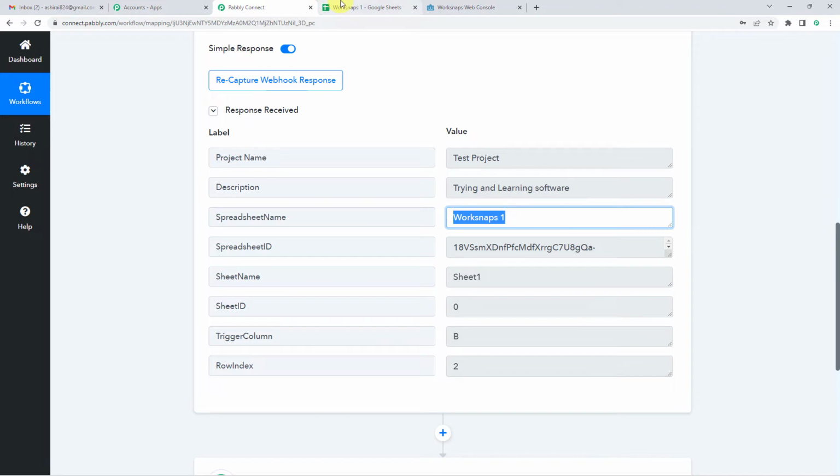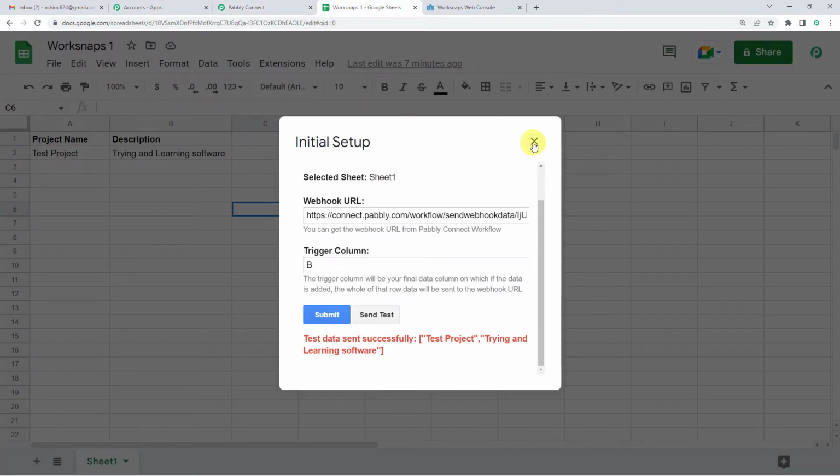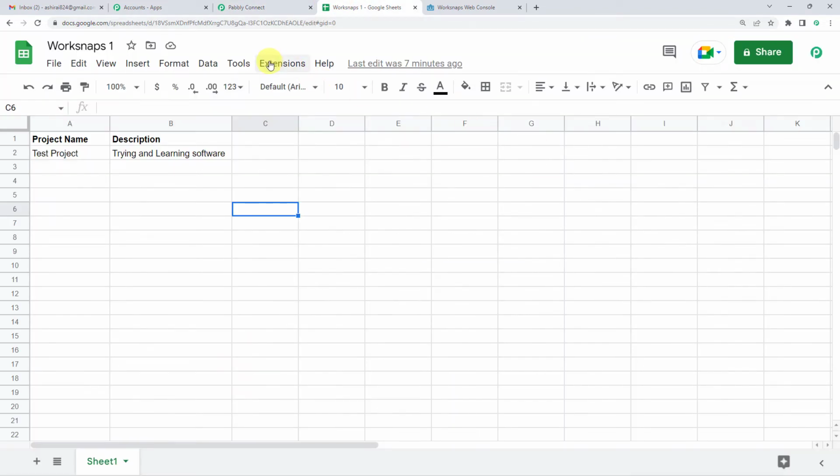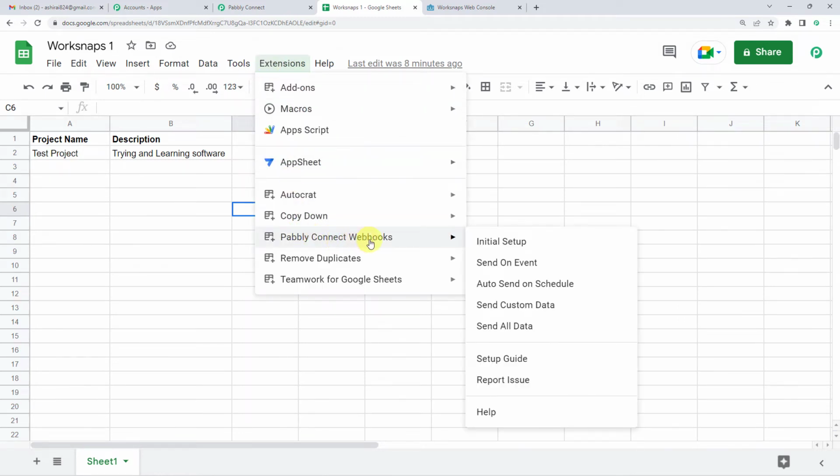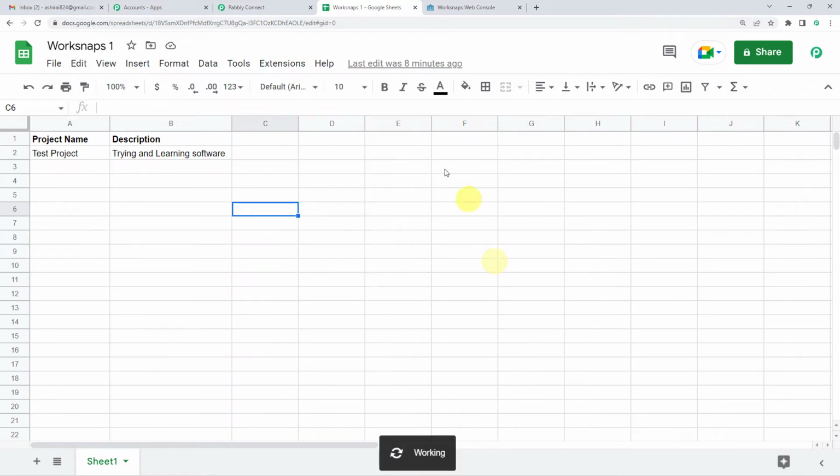Let me quickly take you to my Google Sheets once again. And on top you will see extensions. Click there. Again come to Pabbly Connect webhooks. This time instead of initial setup, we are going to click on send on event. Why? What will happen is next time whenever a new row is added in this sheet, Pabbly is going